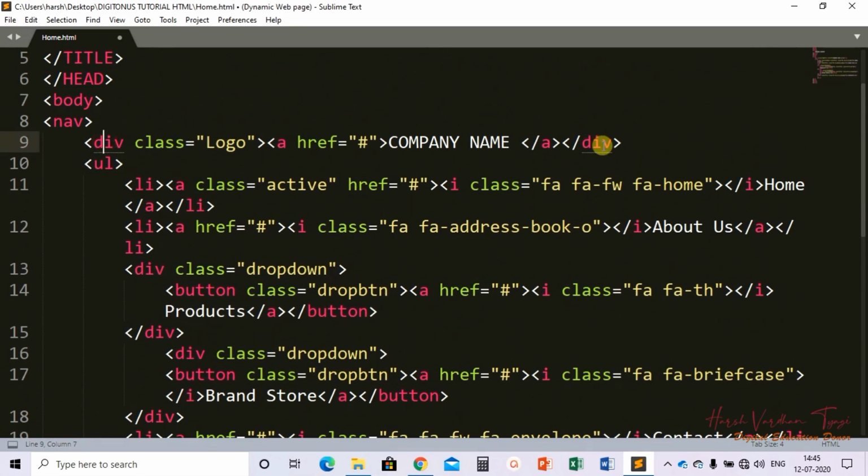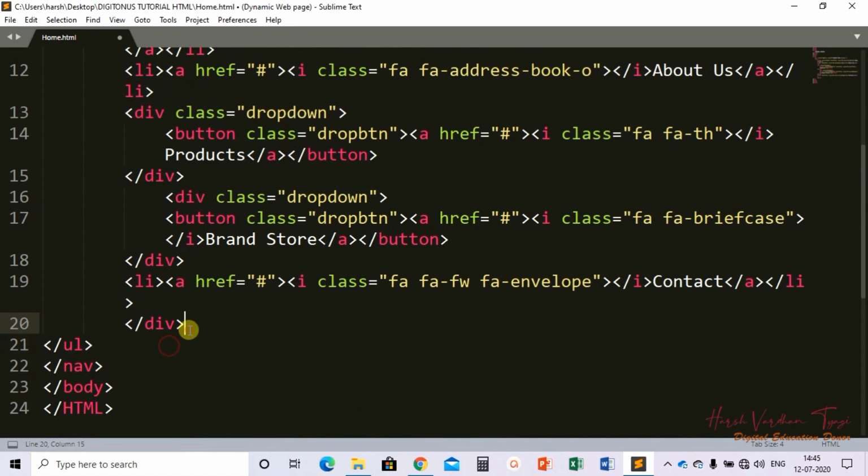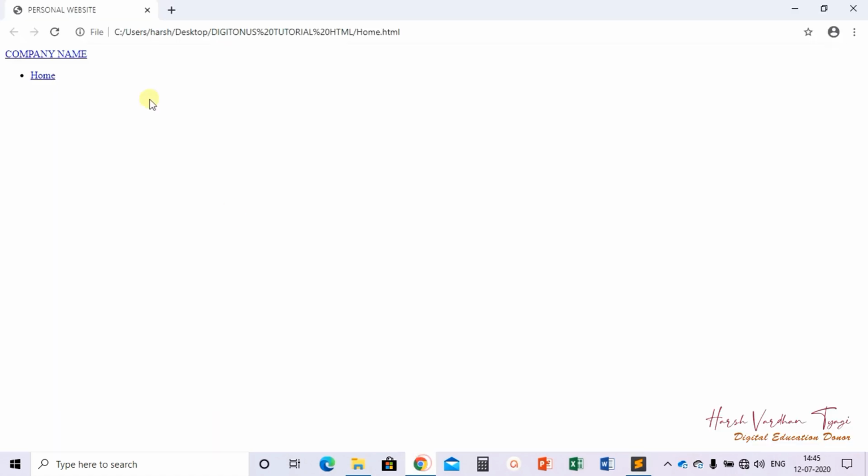This div has been closed here, you can see this li is closed here, this li is closed here, this div is closed here, this div is closed here, so there is no need for this extra one. So save it. Now let's see.